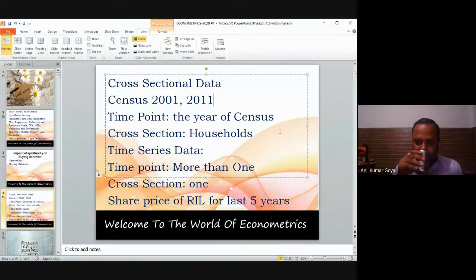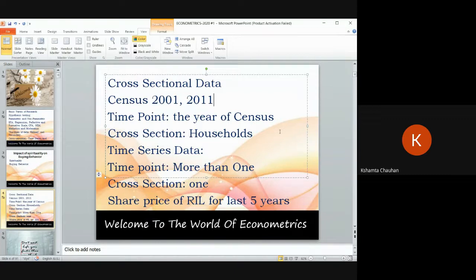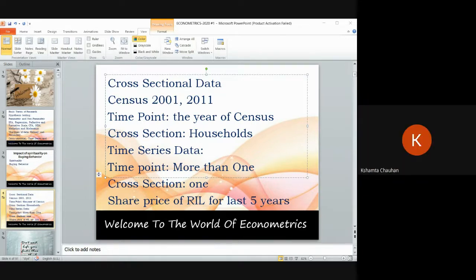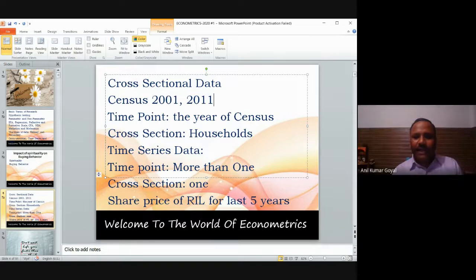Time point means every day? No, the time point will be only one. In cross section, only one time point is there. But what will be that time point? Five years means this will become the panel data. If I want to take the example of Sensex with reference to cross section,